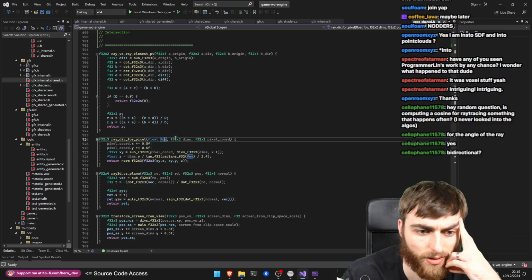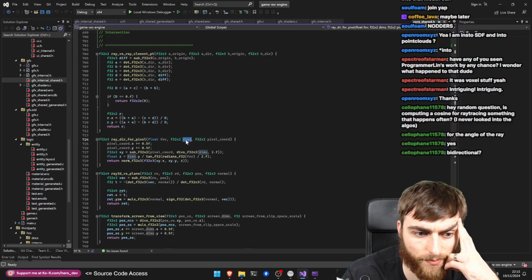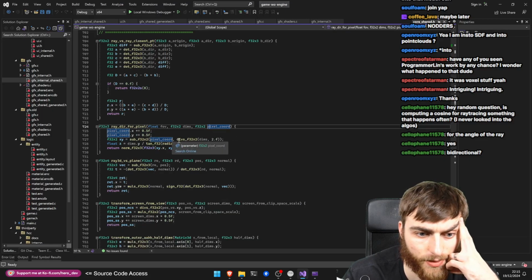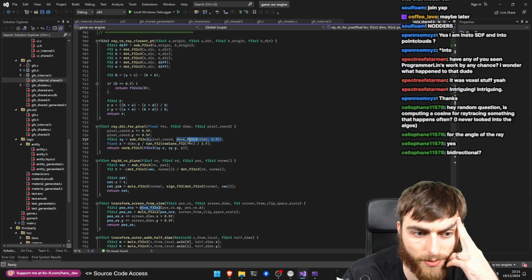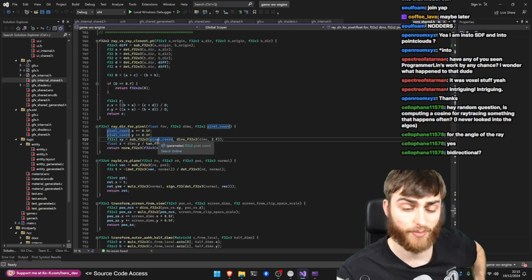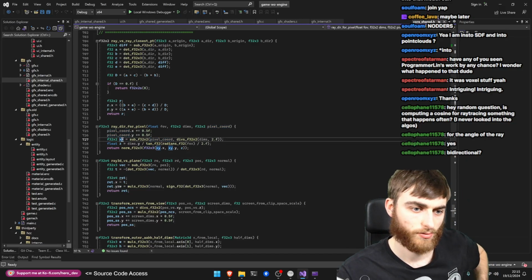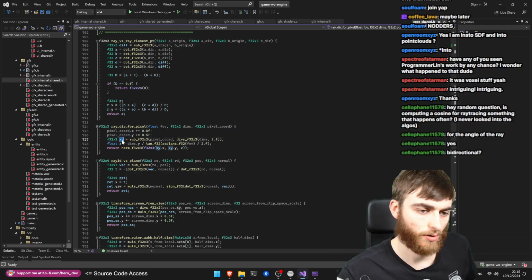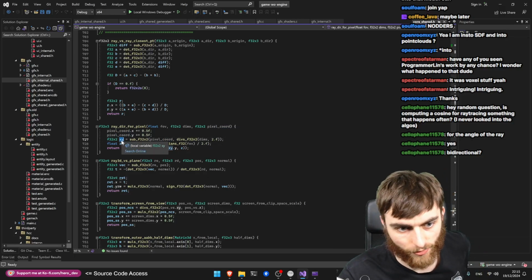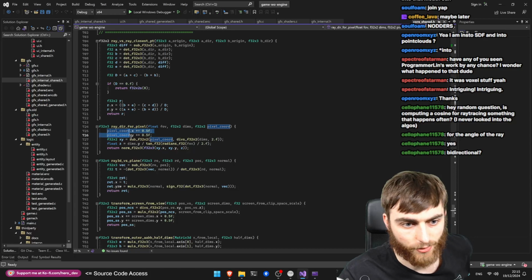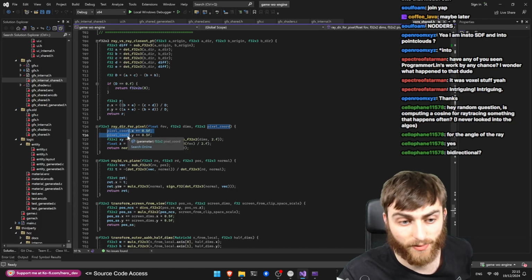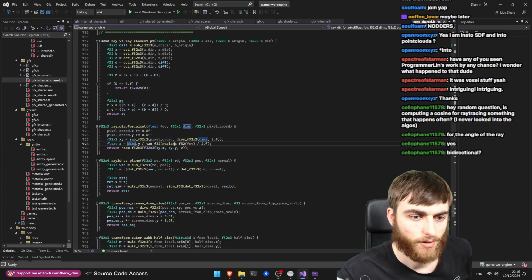But yeah, field of view, the dimensions of the buffer and the pixel coordinate. So you get the half dims of the thing you're gonna render to. Subtract that from the pixel coord, so that means pixel coord is relative from the middle of the screen. Right, so there's your XY offset from the center of the screen. You obviously offset pixel coord, so the pixel coord is in the center of the pixel. Then